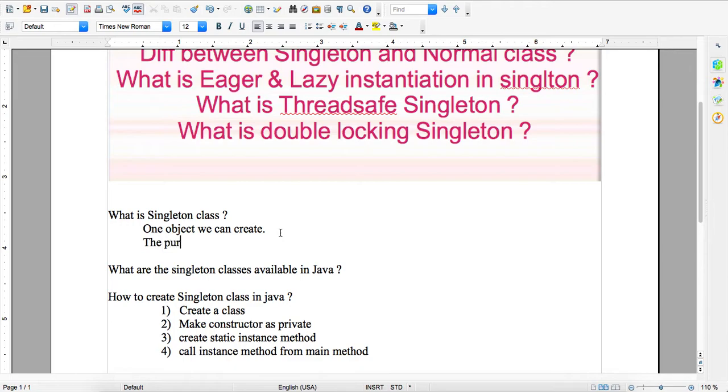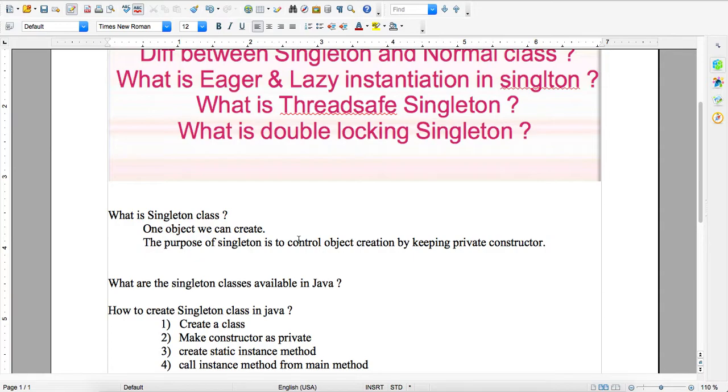The purpose of singleton is to control object creation by keeping a private constructor. In real time, where is it useful? It is used for global configuration,